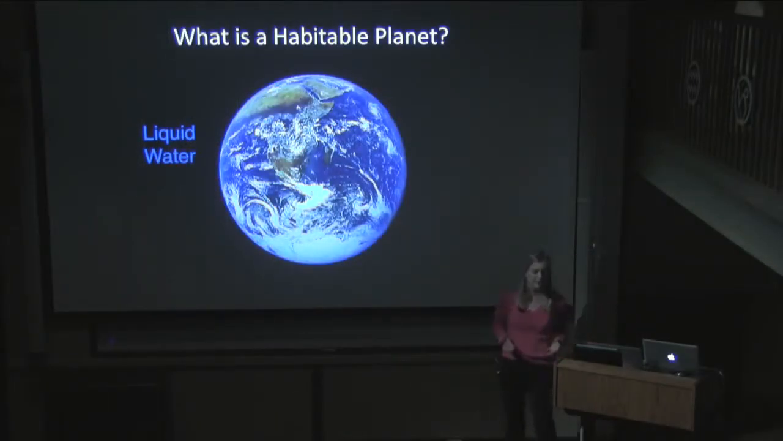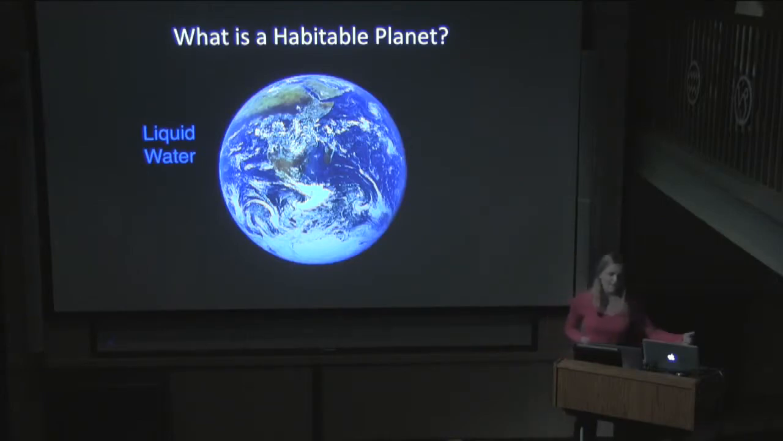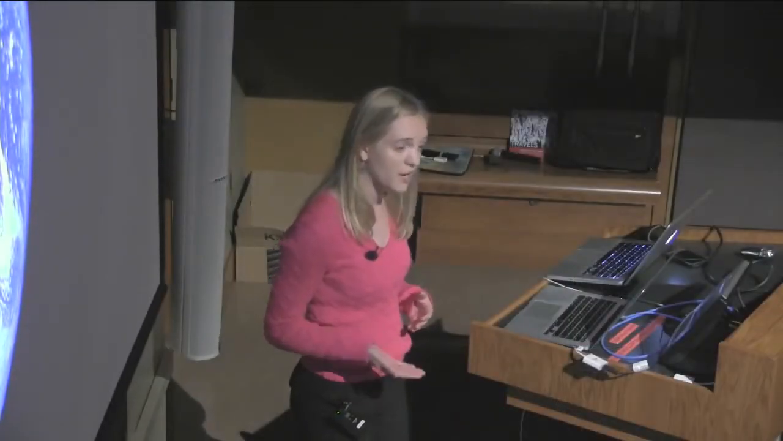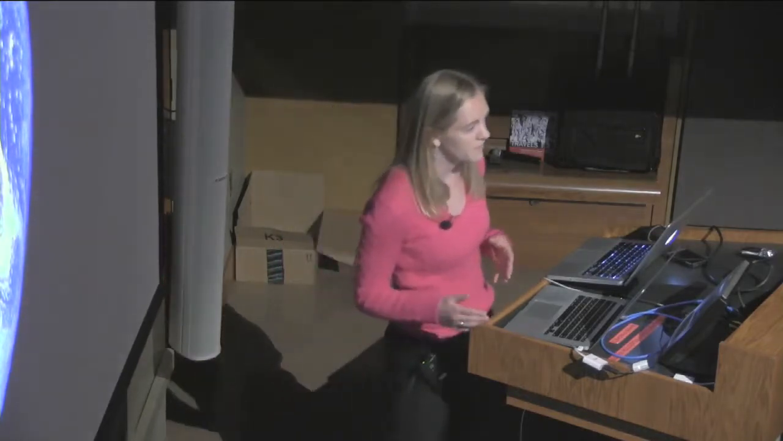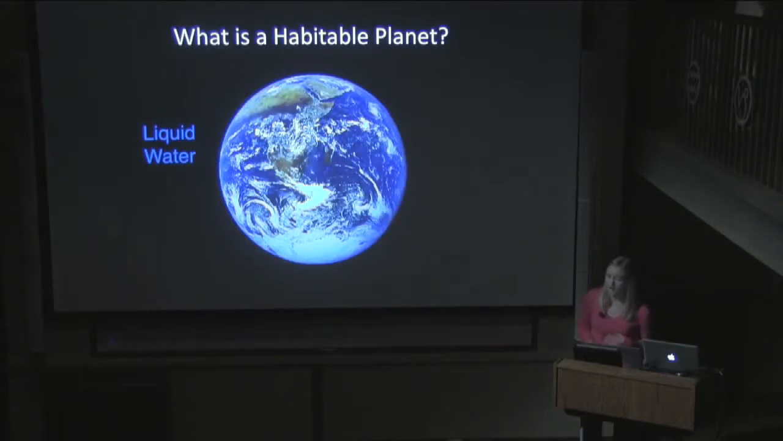surface. The reason for that is that we know that all life on Earth uses liquid water in some form or another. So we're going to infer that if we're trying to find life that we can recognize as life, maybe we should start with what we know and try to find life that does the same thing as life on Earth. In order to have liquid water on the surface of a planet, we have 2 requirements that we